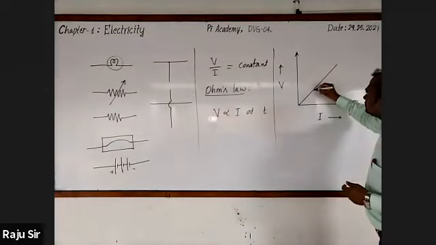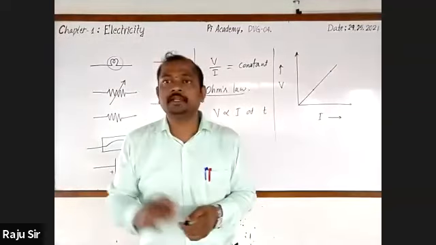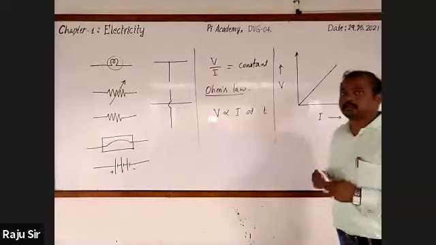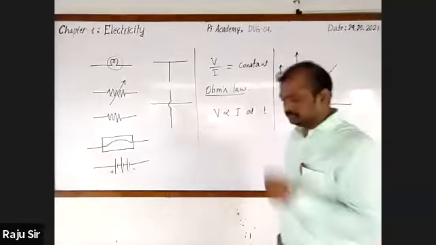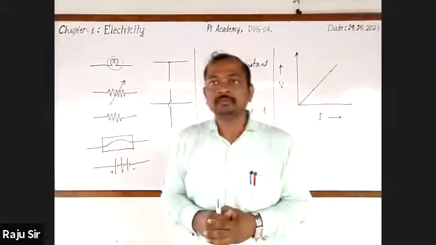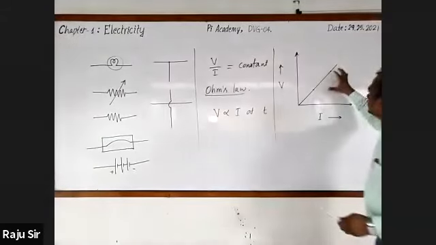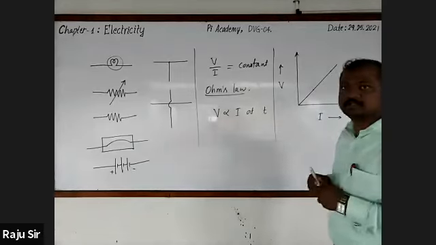Dear students, last year only you had come across finding the slope of the graph, right? Could you tell what is slope? Let me tell you, I'm asking you about slope. Slope is the ratio of vertical distance and horizontal distance.